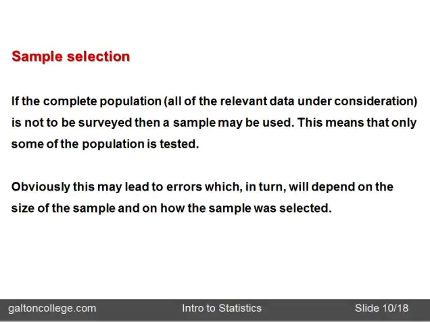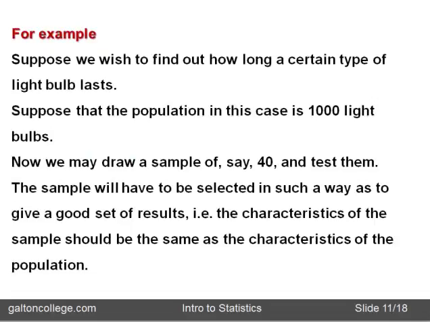So, issues. Let's take an example. Let's say light bulbs. This one is very famous in statistics. Let's say we have 1,000 light bulbs and we want to find out how long they will last, how long the life of a light bulb is. Well, if you're the producer, you could test all of them. That would be silly because you'd have nothing to sell at the end. You've tested all of them to destruction. So you've got nothing left.